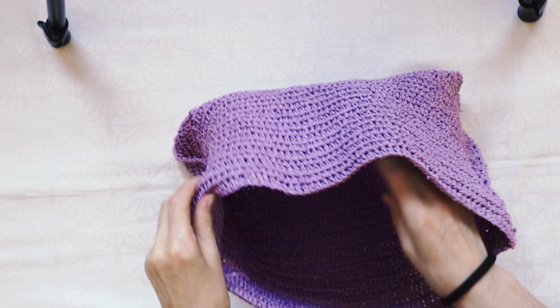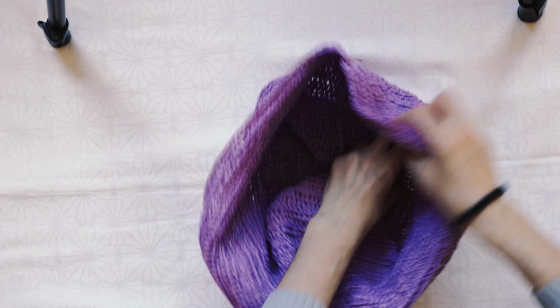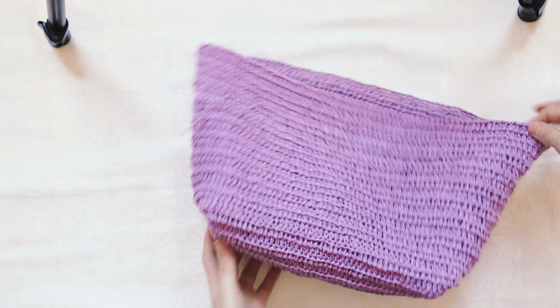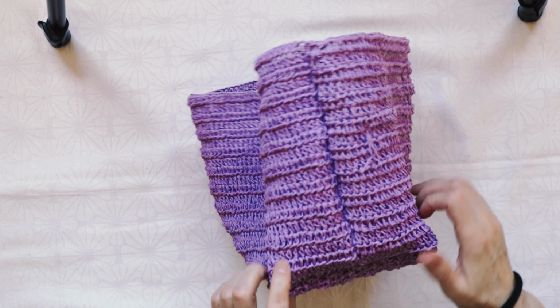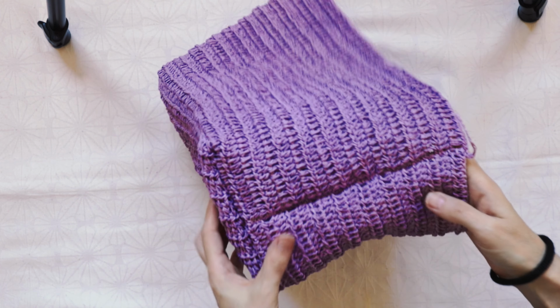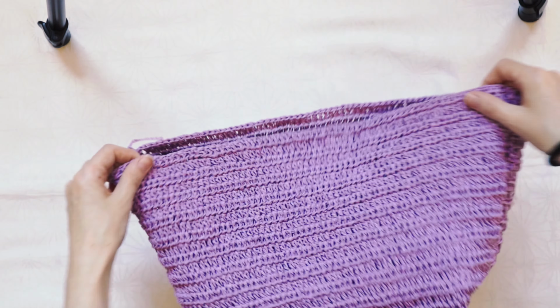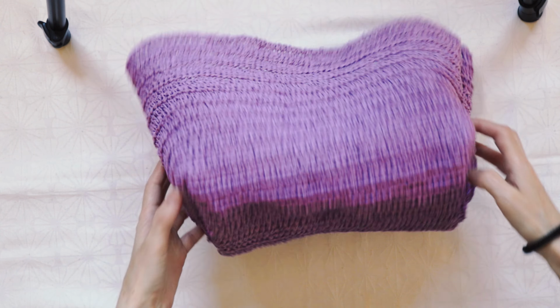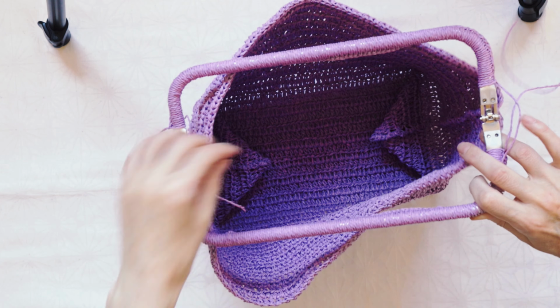So now it's time to turn this inside out. Well, this is very easy edge to do. Like, look at these edges over here. I would totally recommend this kind of construction. So look at this one. It looks really pretty. So what we are going to do now, it is to take the frame, of course,